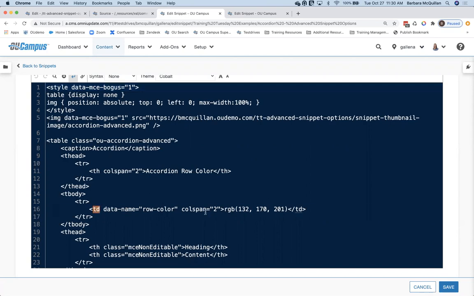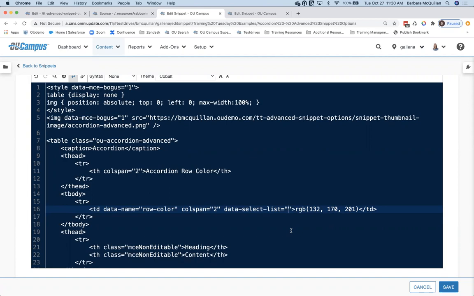So let's say for this TD, there's my row color. I'm going to add an attribute here called data-select-list. And then inside the quotes for the value of it, I'm essentially going to give a key value pair.